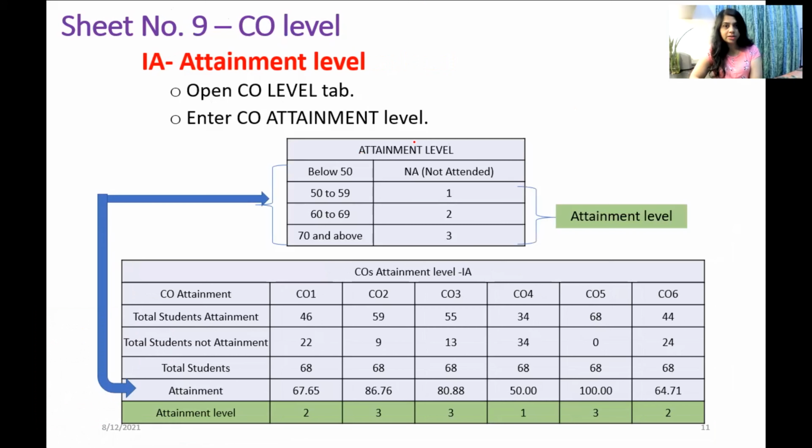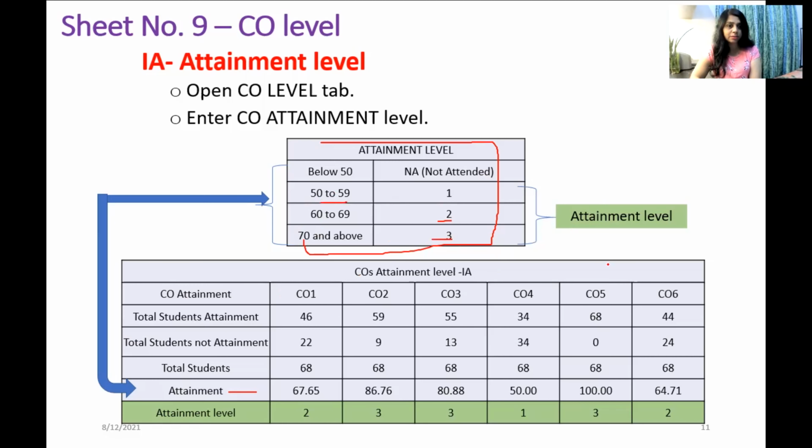According to this, we have decided that if the attainment is below 50, then not attended should come. If it is 50 to 59, then it is 1, 60 to 69, then 2, and 70 and above, then it is 3. These are attainment levels.